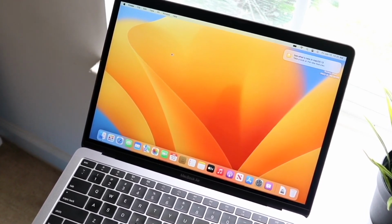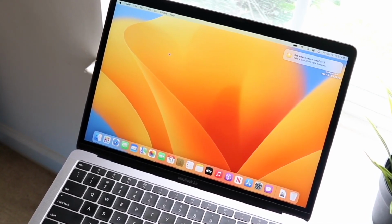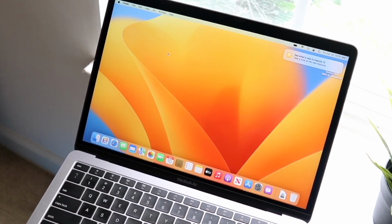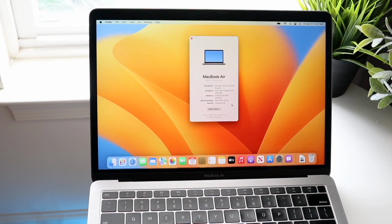You're still going to be getting security updates for the most part too. But like I said, if you're going to want to go ahead and basically get the latest and greatest Mac over years and years and years, this may not be the one that's going to be getting the next version of software. So like I said, right now, the oldest one is this 2018 MacBook Air. That is still supported, but the last thing I'd recommend doing is going through and actually buying this particular MacBook